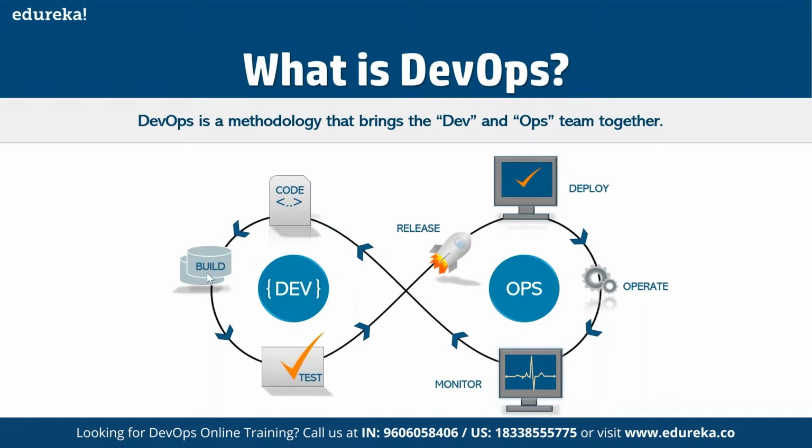Once this binary code is available, I pass it on to my tester so that he can do the testing. Once the tester is ready with his testing, I am all ready to deploy it or release it to my production environment or my UAT environment. Release is nothing but the movement of code from your test region to the UAT or prod region. Once the code goes and sits there, we say the code has been deployed or moved. Once the code is moved, it will start working in the prod environment